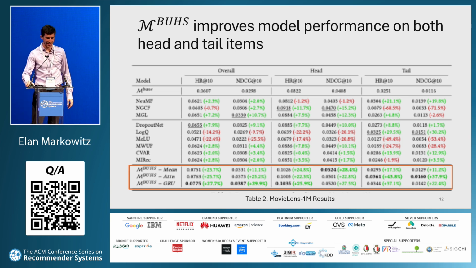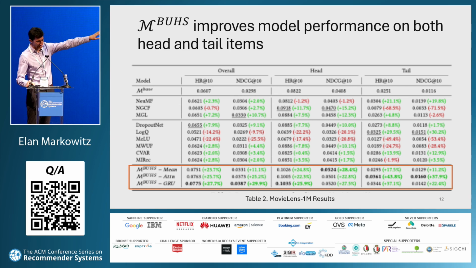What we can see is that it's not as easy to get improvements on the tail items. In fact, even some methods that state that they can, depending on the data set, may or may not. And what we find is that biased user history synthesis can greatly increase performance, not just on tail items, but on head items as well.